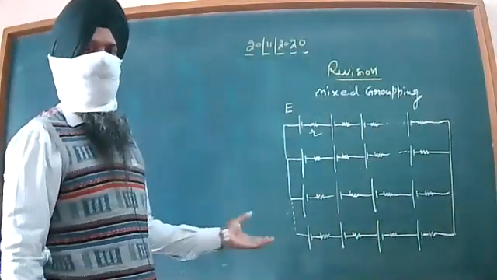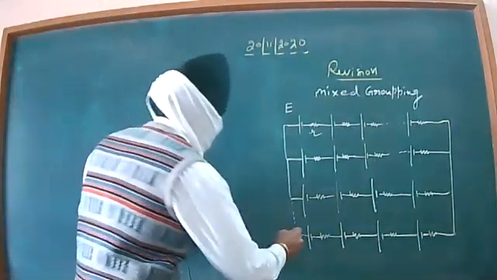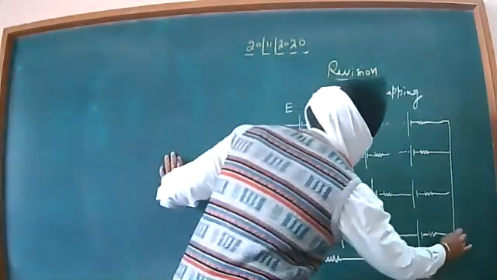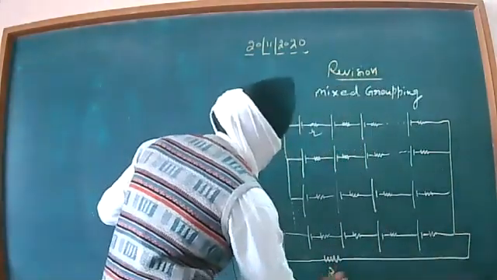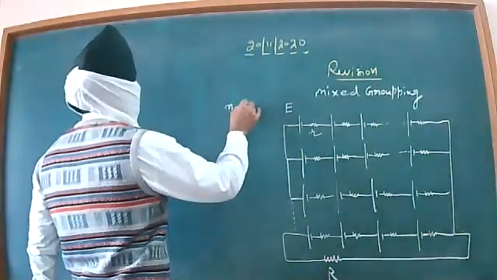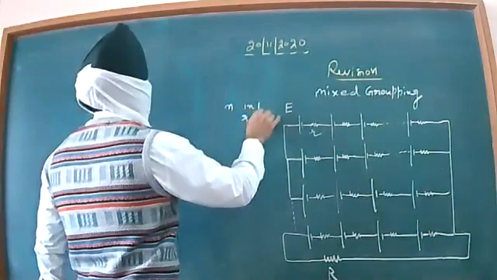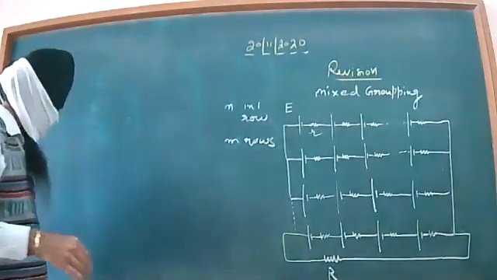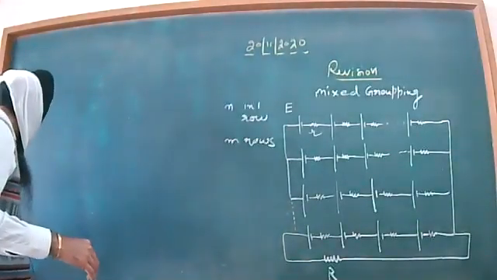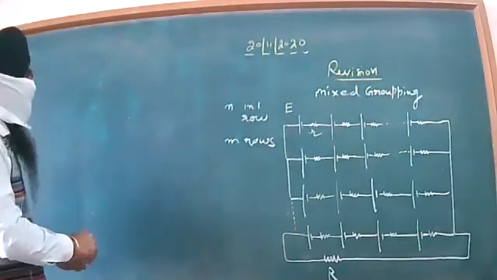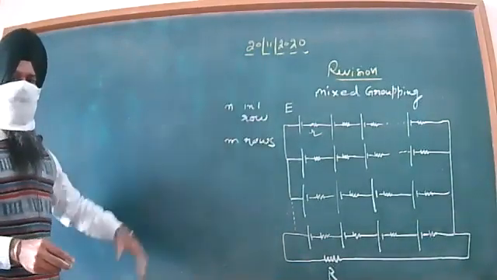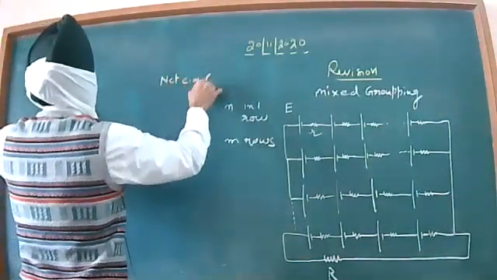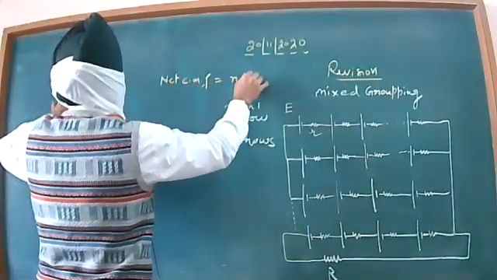Here once again we can have an external resistance connected to it, and let us imagine that capital R is the external resistance we are connecting over here. n is the number of cells in one row, and there are m rows in all. Now, when we have a total of m rows and n is the number of cells in each row, dear children, the net value of EMF will be n into E.